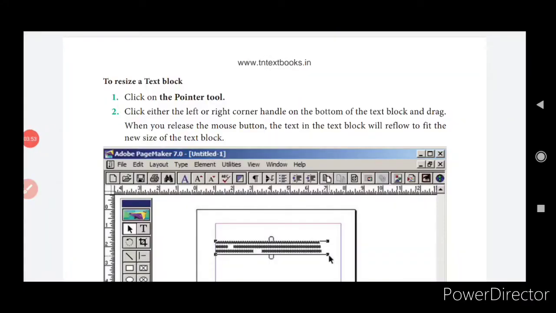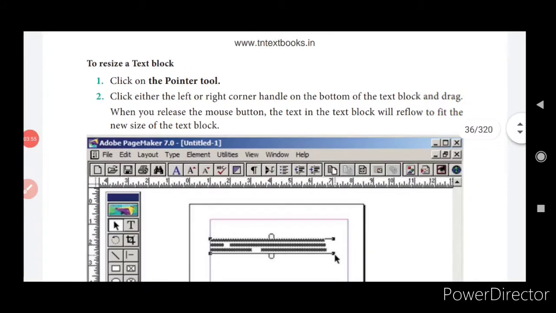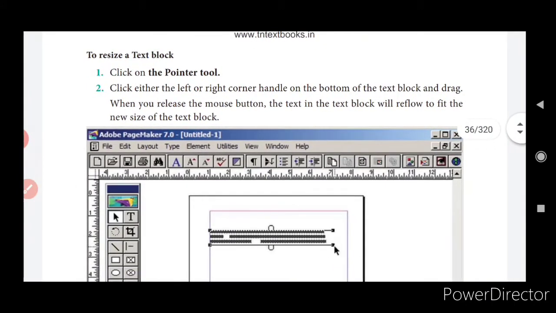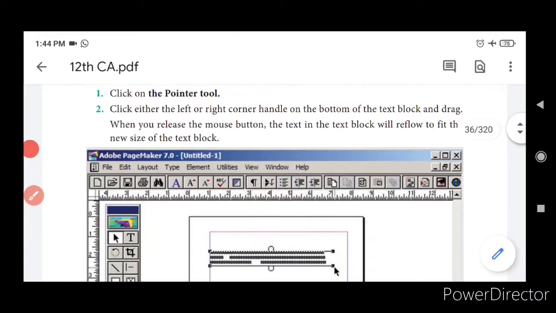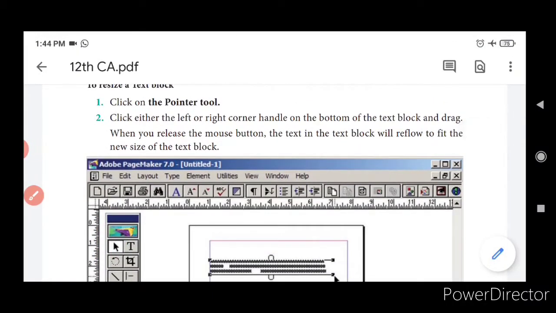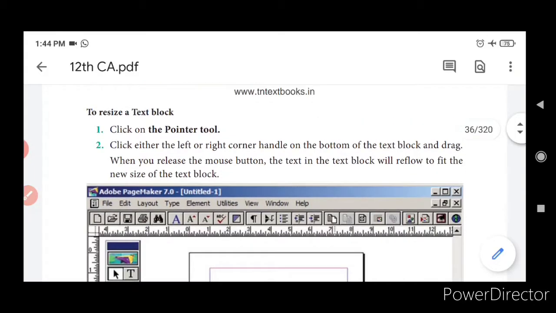So to resize a text block, click on the pointer tool. Which is the pointer tool? This arrow mark is termed the pointer tool. Click on either the left side or right corner of the bottom of a text block, then drag it to resize.